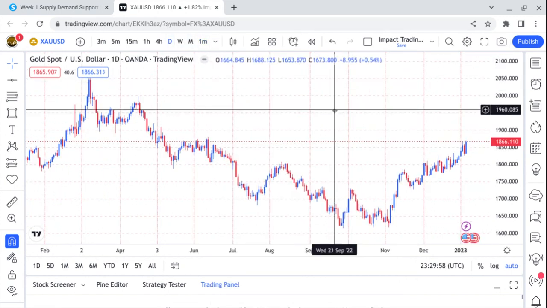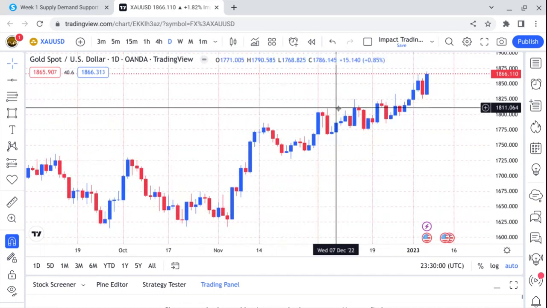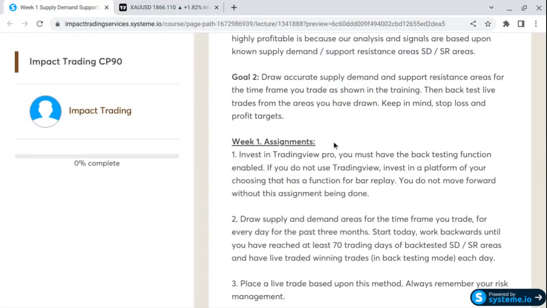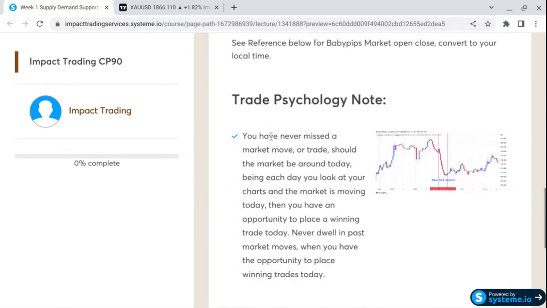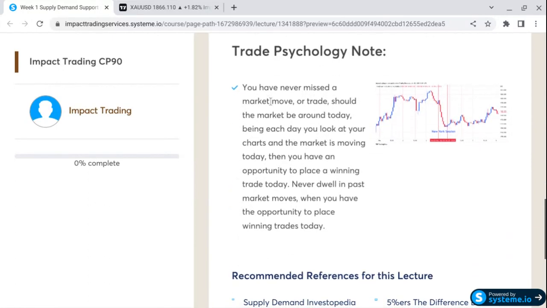We want you to be profitable from week one. Do this for 70 bars. Come over and look at the assignment. Read your trade psychology note. This one is you've never missed a trade. You have never missed a trade, and you have never missed a market move. Should the market be around today,